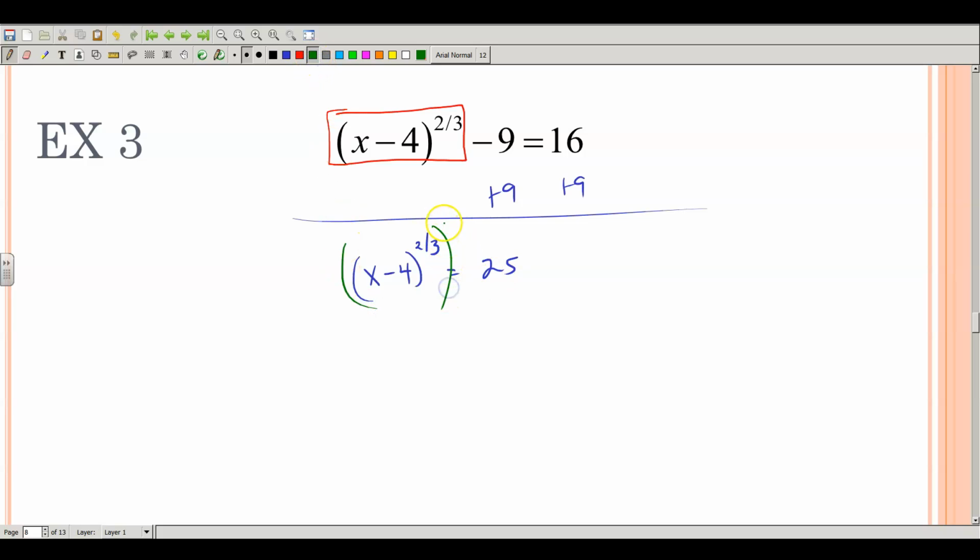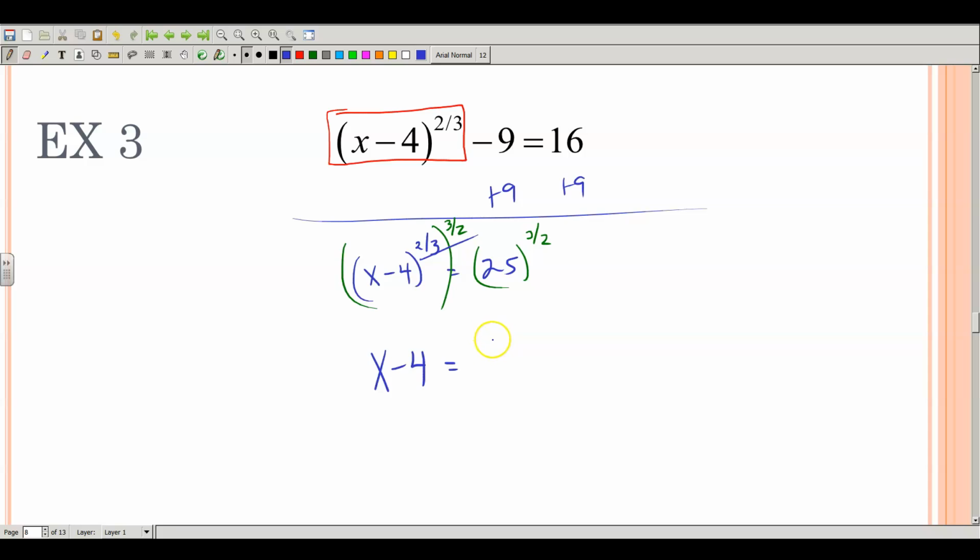Raise this whole thing to the 3/2 and 3/2 on the other side. So these two exponents will cancel, because exponent properties tell us that we multiply those, and therefore we would get an exponent of 1. So this would just give us x - 4 all raised to the 1, or just x - 4,